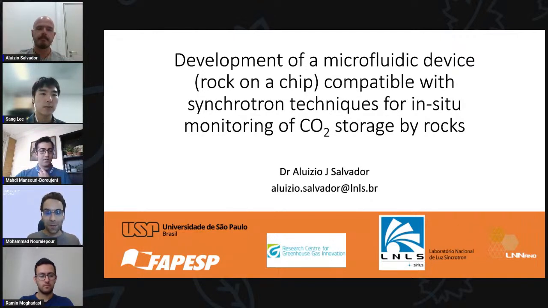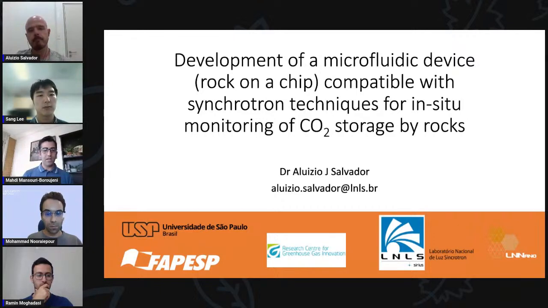Any more questions? I have one about the boundary condition in your system. On one side you have glass or some way to seal your porous media, but on the other side it's a rock, and all other parts of the rock are exposed to the atmosphere. Based on your title, you're going to use carbon dioxide, right? At some point carbon dioxide can infiltrate through the rock, so the boundary condition that you're applying might not be exactly what you expect.